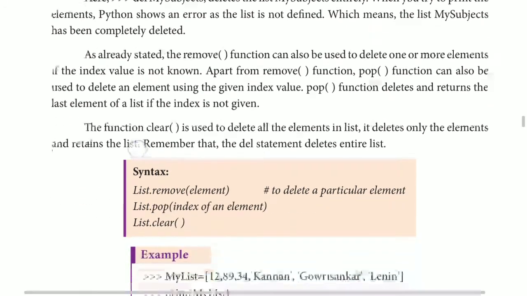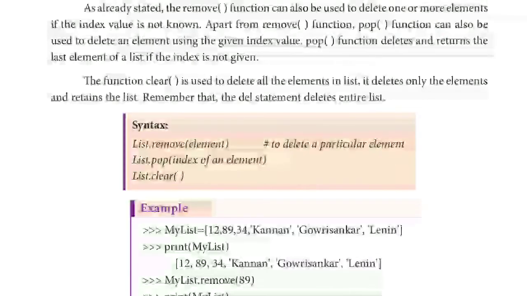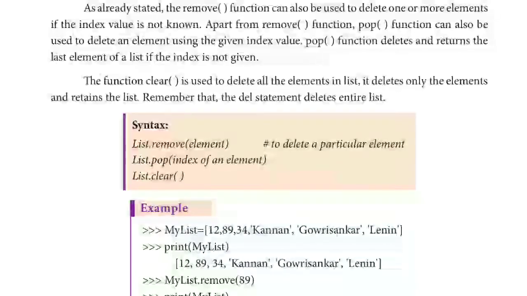So here you can see that there is a syntax for remove, pop and clear. So list dot remove, you have to give the element. If you don't know the index value, you can just give the element itself. Next is list dot pop, with the index of an element.